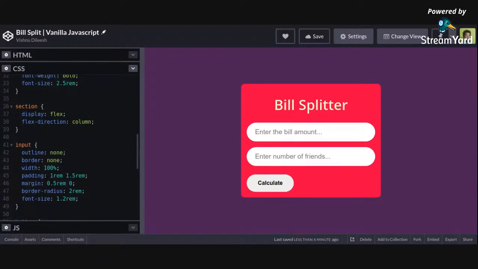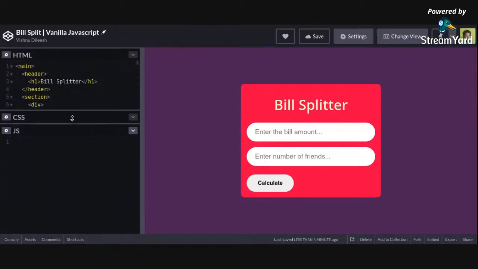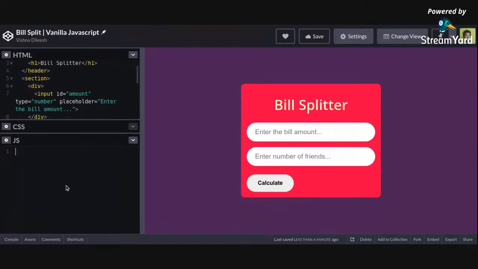To implement the functionality in JavaScript, when someone enters the values, we have to capture them, and when they click calculate, we have to store the values. Okay, so let's start. With JavaScript, first we have to target and select the DOM elements. So first what we can do is we can say let